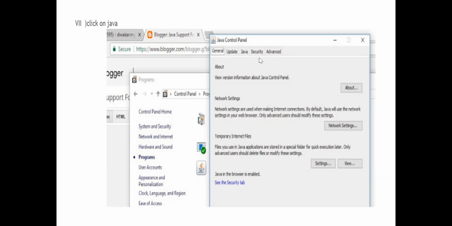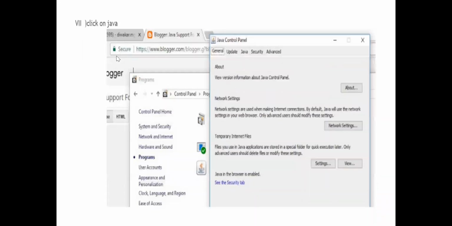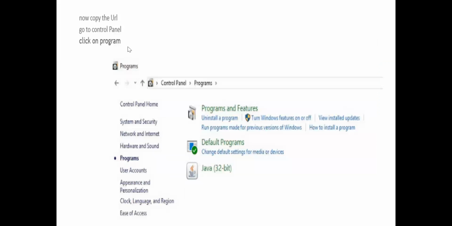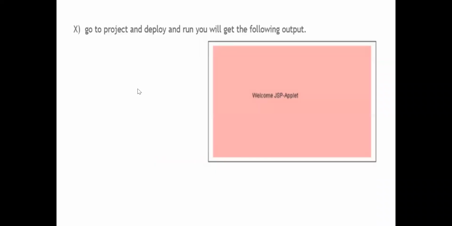Click Security and paste the URL you previously copied, that is http://localhost:8080/JavaApplet/. Paste it here, then go to the project, deploy and run, and you will get the following output.